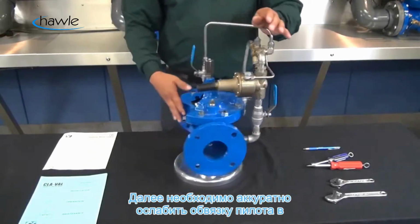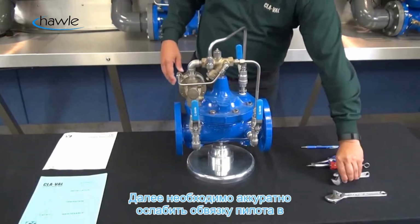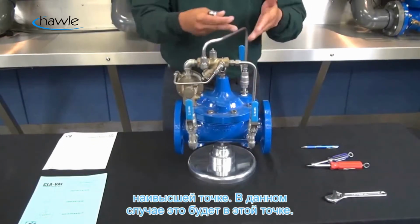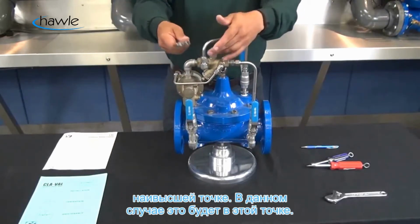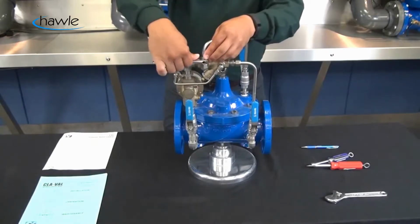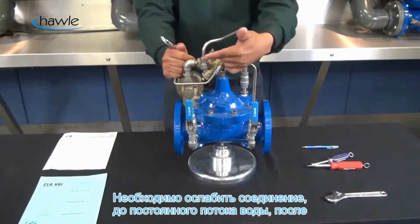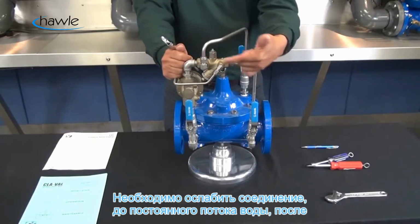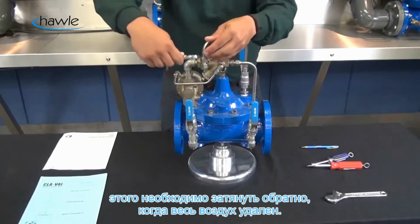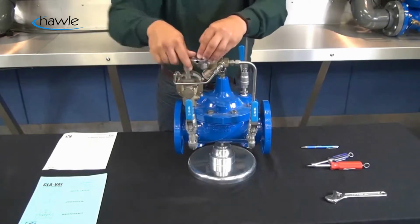Next, we're going to carefully loosen the tubing at the highest point. In this case, on this valve that we're using for our demonstration, the highest point is going to be at this point. So we're going to loosen up this fitting just a little bit, again, until you have a steady stream of water. Once you have that steady stream, we'll retighten. Once all the air is vented,